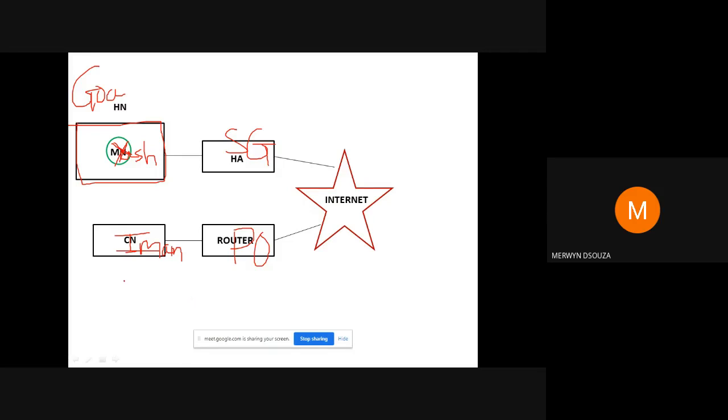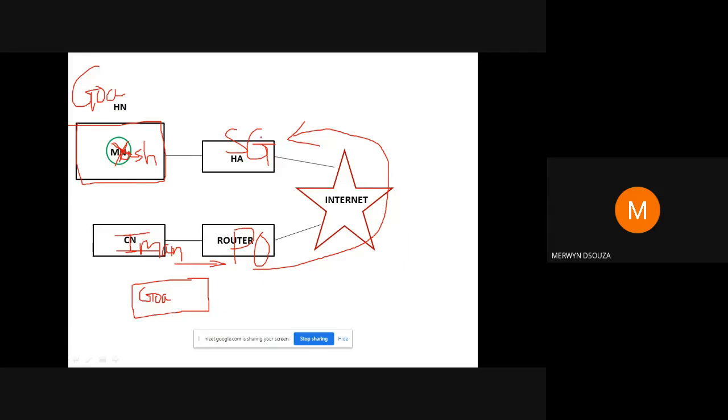Clear? So he'll be preparing a packet. He wants to send the packet to Yash. He'll be putting the address as Goa, and he'll be forwarding this packet to its post office. The postman will take that letter, and he will try various connections or various post offices. To the various post offices, he will forward the letter here, to the security guard.